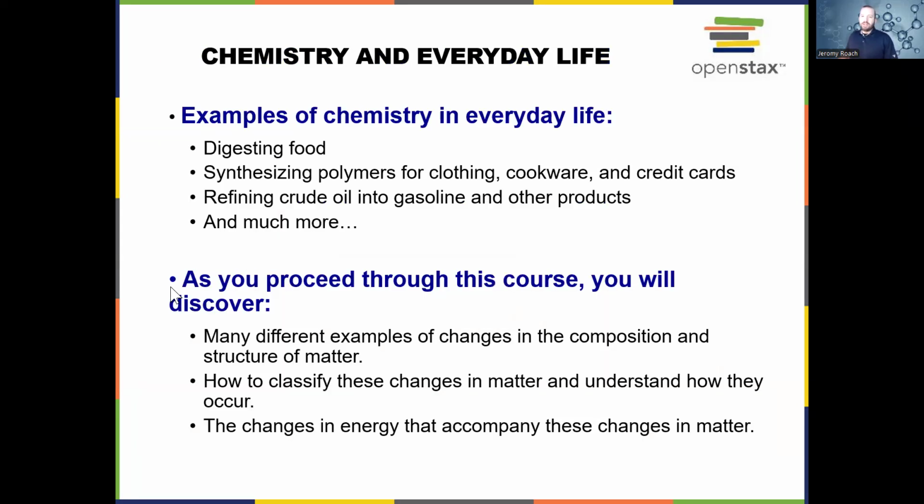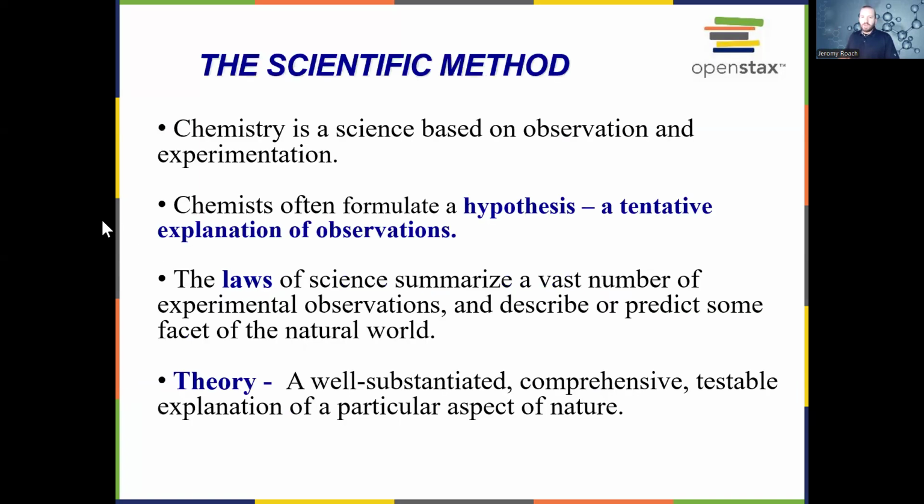So we have some everyday life examples in chemistry. We might not think of it as chemistry, but it does happen in our day-to-day lives. For instance, when we're digesting food, if we are trying to turn oil into gasoline, if we're trying to make clothing or plastics, those all involve chemistry. And of course, even just making medicine, and boiling water in your everyday life, that still has to do with chemistry.